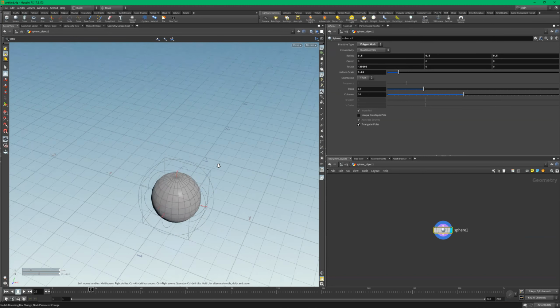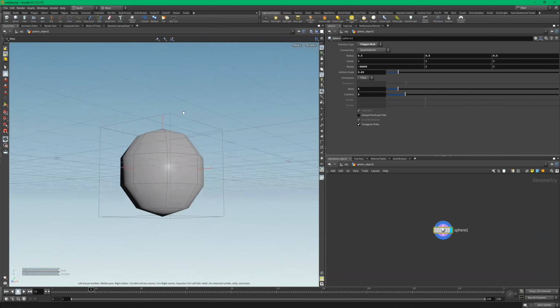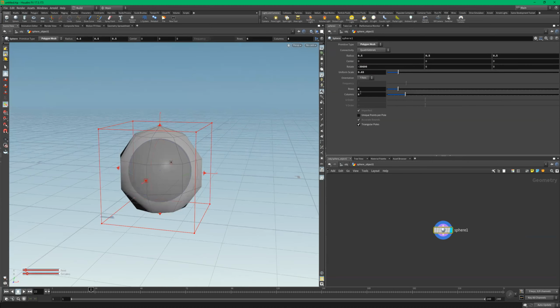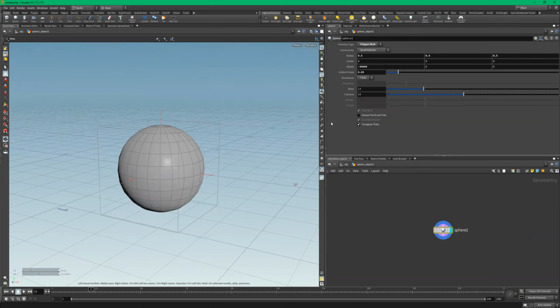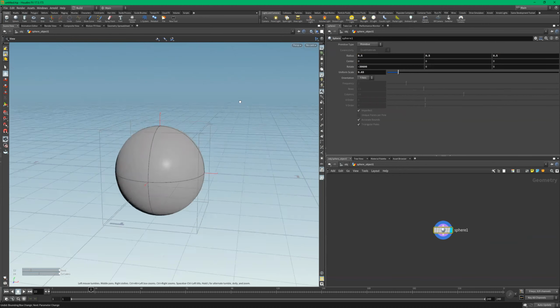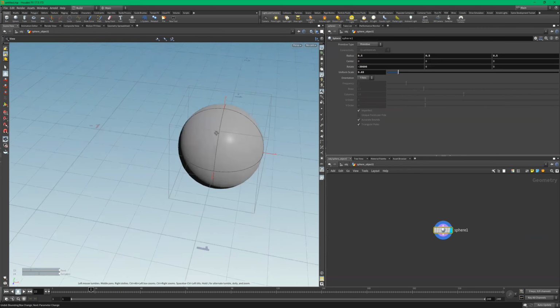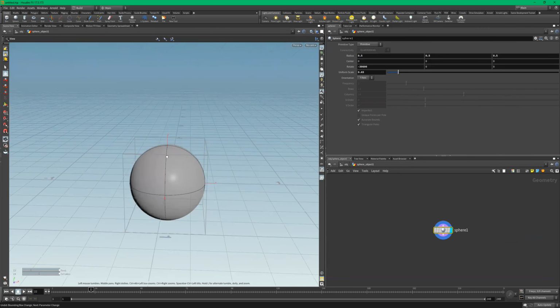Okay, great. All right, and we have segments here, right? So we have our rows. You see, we can make it super primitive. And then if I wanted to take it back to defaults, just go to default, because I don't even remember what I changed it from. Great. Now, if I went to primitive, look at what it's doing. It just has it as a sphere. I can't really use this. This is kind of like NURBS in Maya, the thing I tell you not to use because you can't use it for anything. But